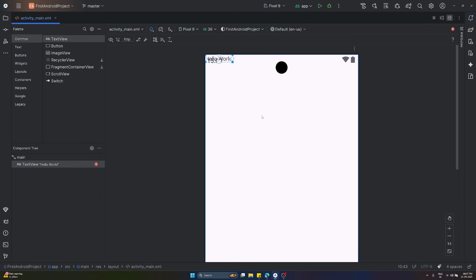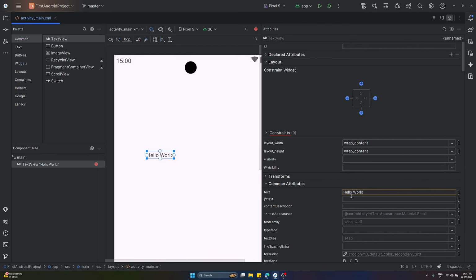So here at the top, you'll be able to see this hello world. Fine. Before we go further, let's talk about the sizing. When we set the width and height to wrap_content, the text view automatically adjusts to fit its text perfectly. See how it automatically resizes if I change the text to something longer, like hello